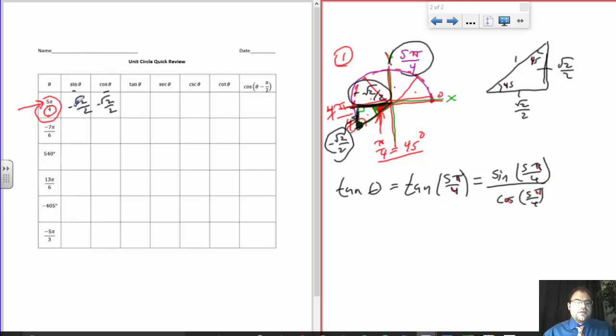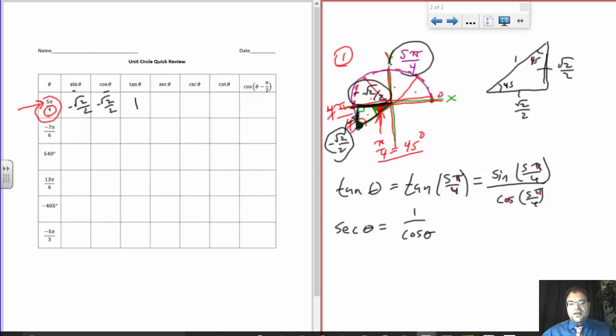So this divided by itself is actually the value 1. Okay? The secant, keep in mind, the secant of theta is 1 over the cosine of theta. So if I get cosine's answer, which is right here, I can just flip the numbers upside down, and that will technically be the same thing as secant. So if I go ahead and tell you that cosine theta is negative root 2 over 2, and I just take these two values and find its reciprocal, flip it upside down, then what I'll end up getting is negative 2